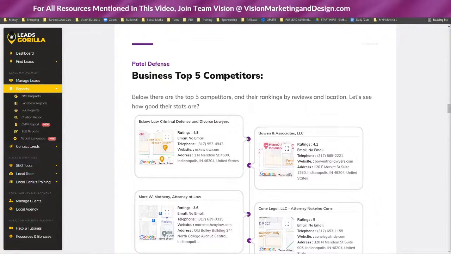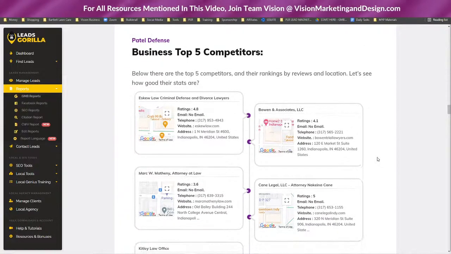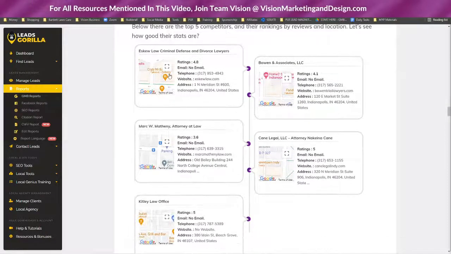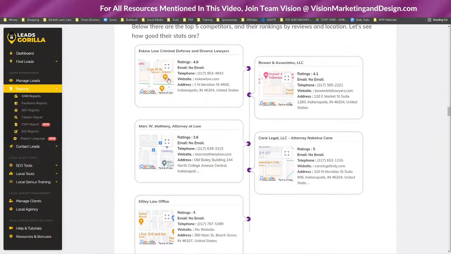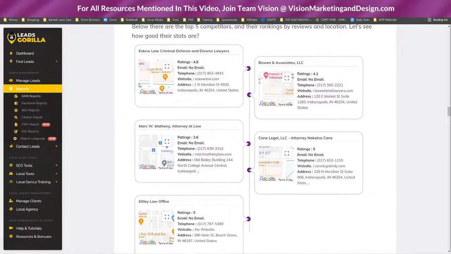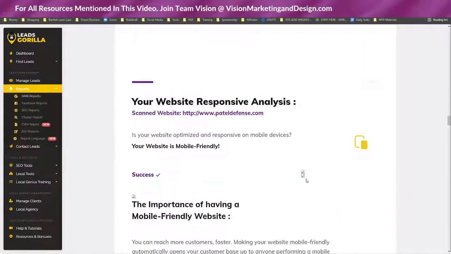Also, the business's top 5 competitors. This is so incredibly powerful for business owners because if their business does not rank, they want to see what these businesses are doing that they could do to improve. Okay, so this puts it right in their face and says, hey, there's definitely room for improvement here. So I am here as the agency owner to show you how we can get you to beat out your competitors.